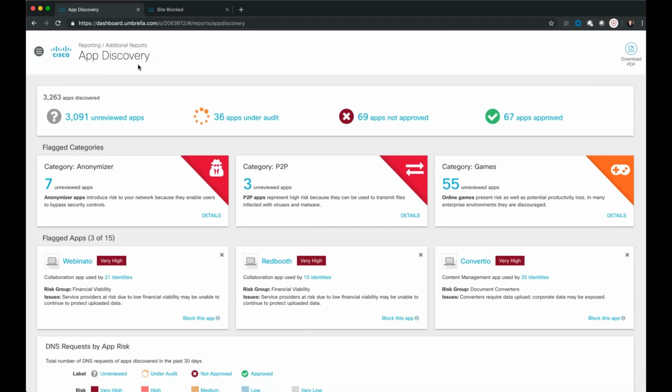You traditionally see this in a CASB type product, which is a cloud access security broker. But since we're looking at all of the DNS requests, we can actually effectively tell you every single cloud application that's being utilized in your environment. So this is a slight departure from looking at things just from a malware kind of control perspective. This is just giving you visibility into what people are utilizing within your environment. And how